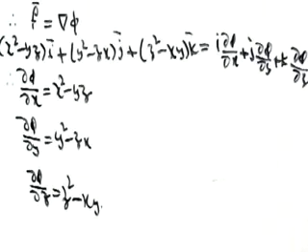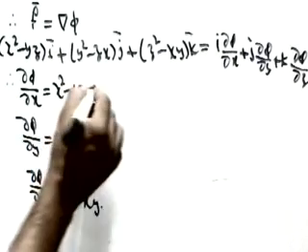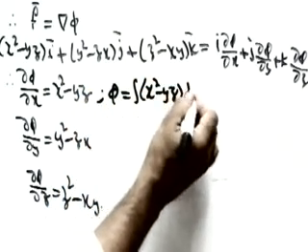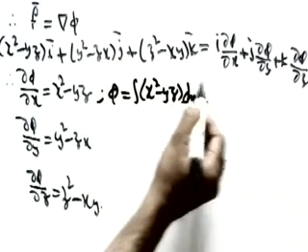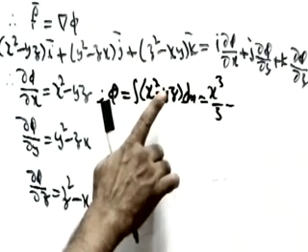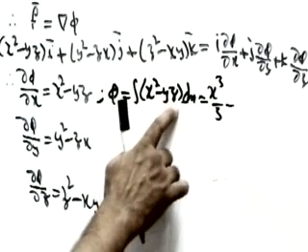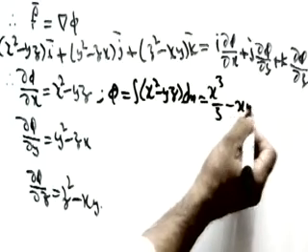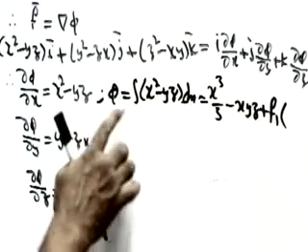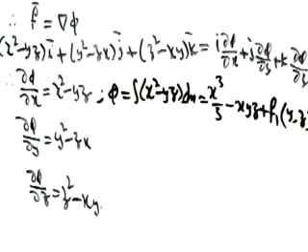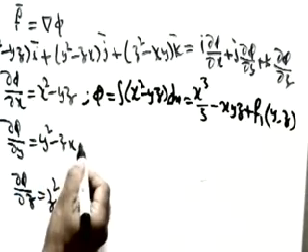Now let me do one thing. To find phi from dou phi by dou x, we have to integrate with respect to x, and similarly with respect to y and with respect to z. So integrate: phi equals the integration of x square minus yz dx. Integration of x square will be x cube by 3, minus, we don't have x here, that means we suppose it as 1. Integration of 1 is x, with yz as constant, so x yz plus f1 of y comma z, since we have integrated with respect to x, so y and z are considered constant here.